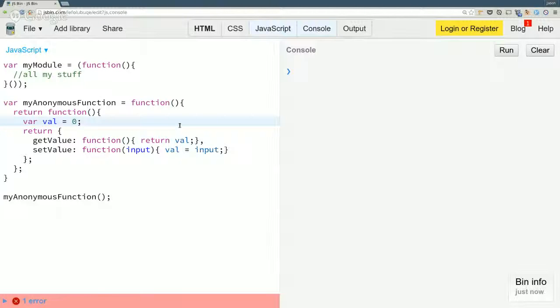This is a nice naming convention if I'm going to have something private. So now I've just probably made this even harder to understand.